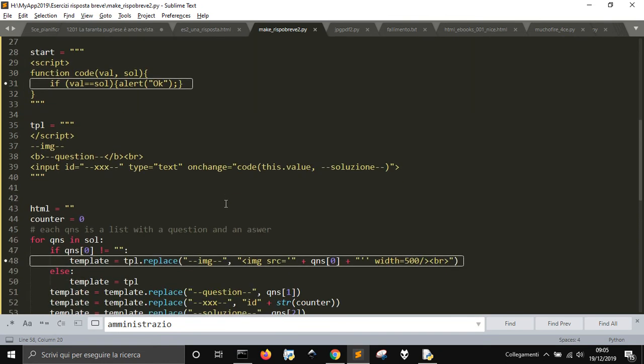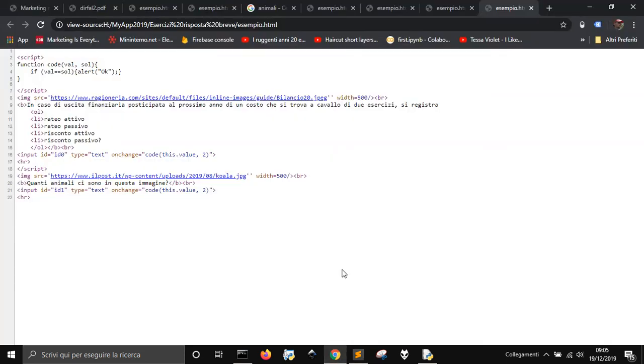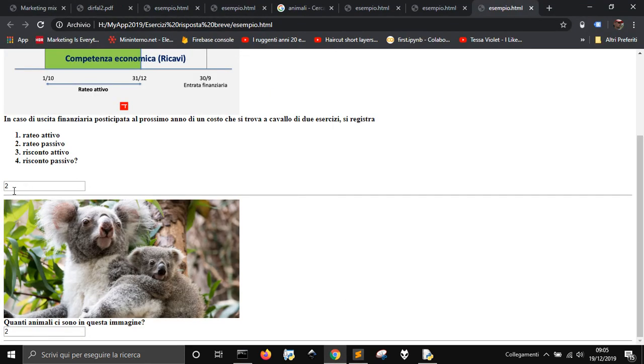And of course I can make it better. I can change, instead of the alert, I could use a different way. I can use a div down here where it says okay, it's right. I can also make you unable to change the answer once you entered your answer, so that the user cannot try all the solutions until he finds the right one, but just one. At least